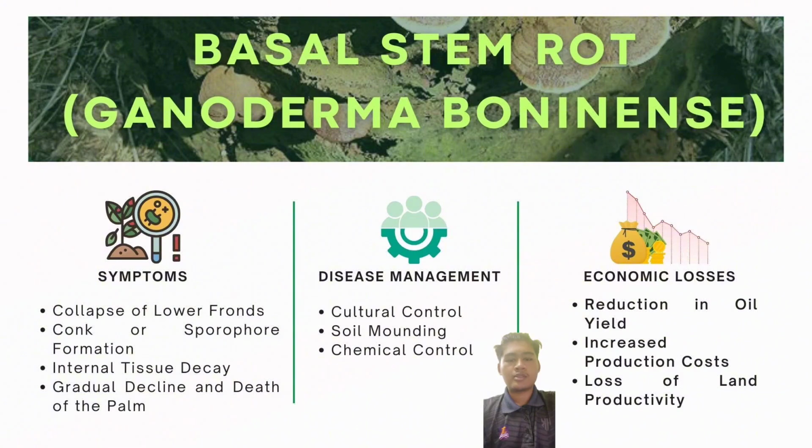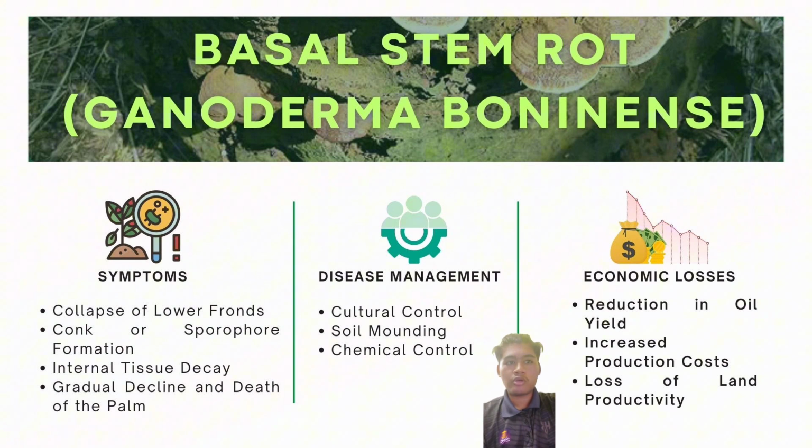Next, we'll be moving on to the first disease that we'll talk about, which is called basal stem rot. So the basal stem rot is caused by a fungus called Ganoderma boninense. So how do we identify whether or not our oil palm plantation site is being affected by this disease? There are many signs and symptoms that can be shown by the fungus, which can be identified, one of which